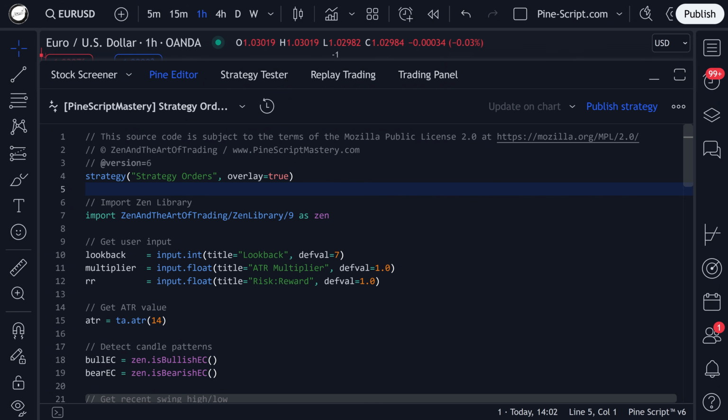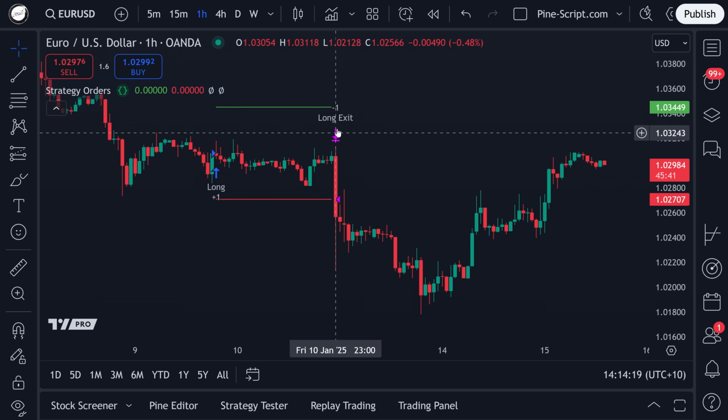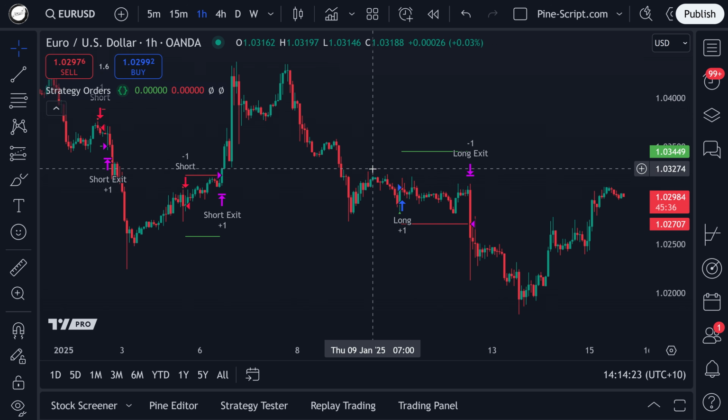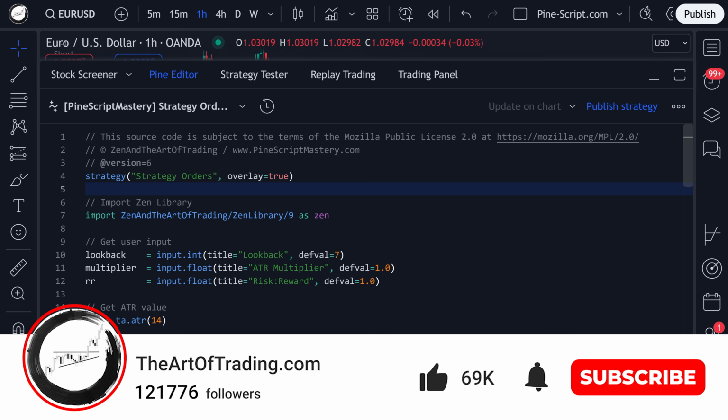In this lesson, I'll explain the key functions we'll be using to execute through the strategy tester. The strategy we're using today is just an example dummy strategy. It's taken 553 trades, but we don't have any position sizing and we're not doing any of that. We're just entering and exiting positions with one contract. We're just going long and short on engulfing candles, and it's a very simple script just to demonstrate the concepts here. And in future lessons, we'll build on this material and actually build out practical scripts using this template sort